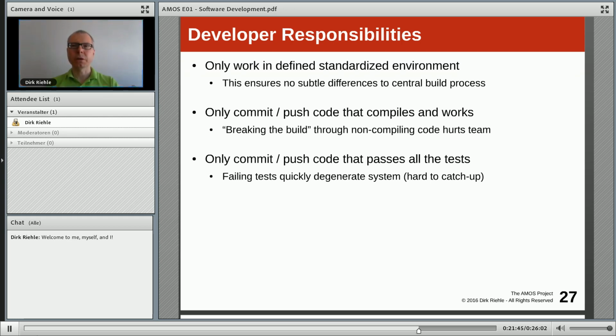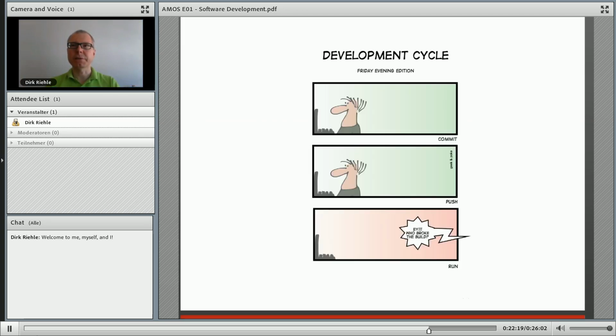So never ever commit non-compiling code, unless exceptional circumstances, of which I really can't think right now. Certainly going home on a Friday evening and committing your unfinished changes for the purposes of making a backup is definitely not a good idea for pushing code to the code repository. In addition, there's much more to be said than just compiling code, such as passing all the tests, etc. We'll come back to that later.